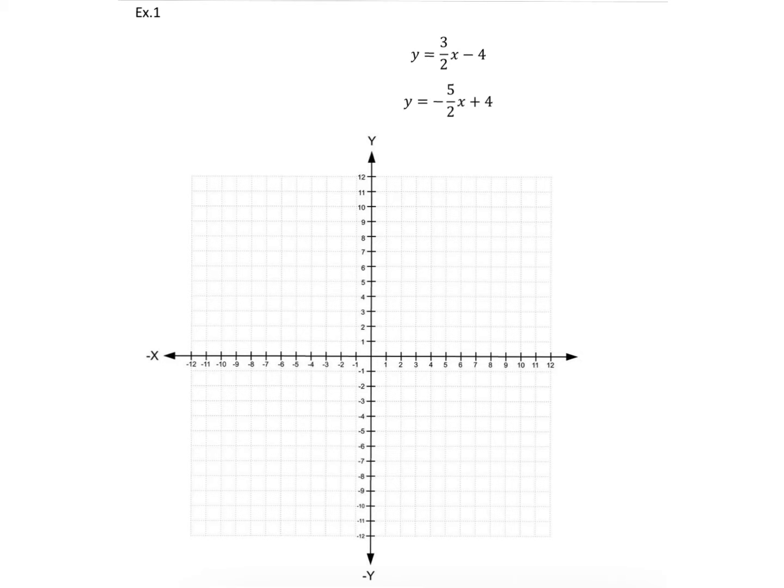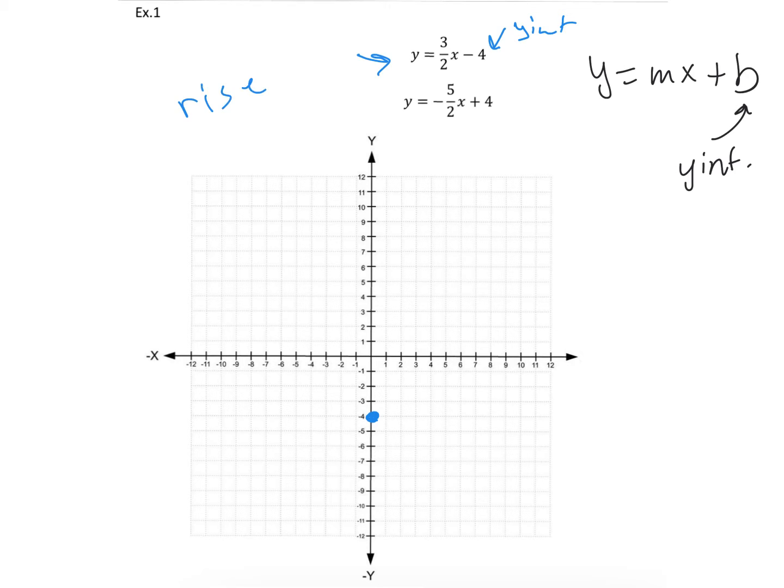So both of these are in slope-intercept. As a reminder, slope-intercept form is y equals mx plus b. The part that doesn't have x is your y-intercept, and that's what you should plot first. So for this first one here, the y-intercept is -4, so I'm going to put a point at -4 on the y-axis. And then I'm going to use my slope, which is rise over run,